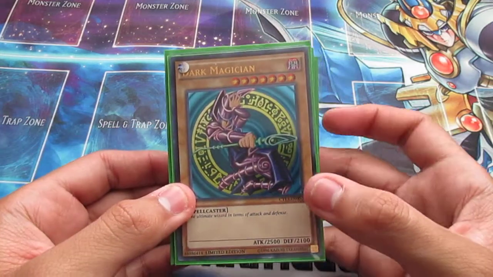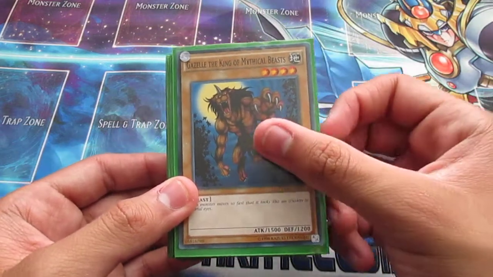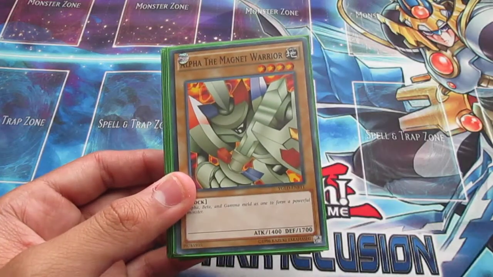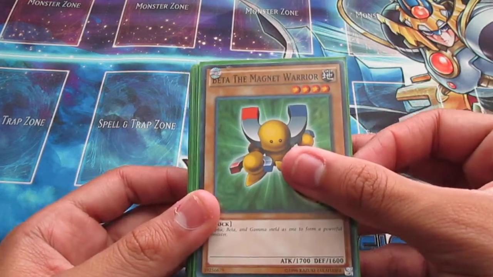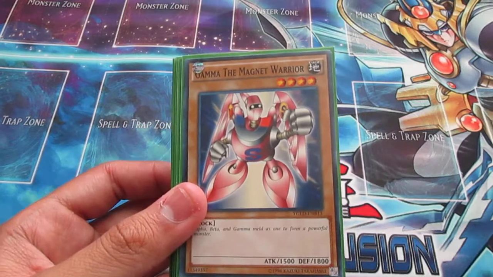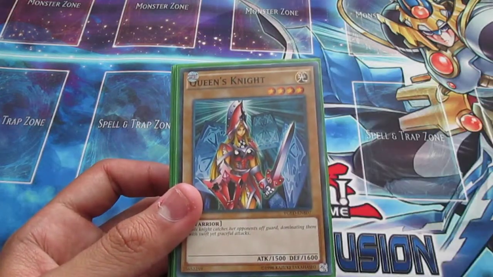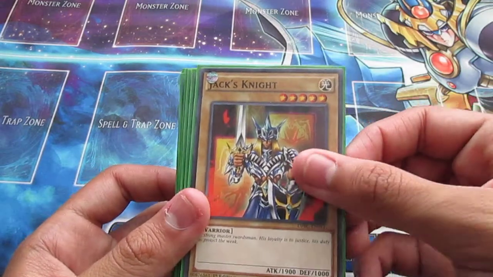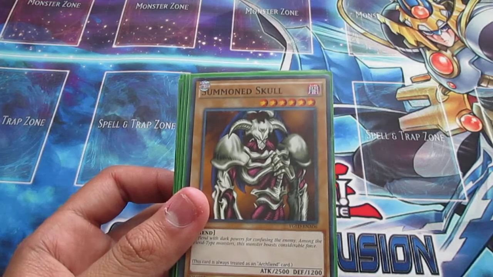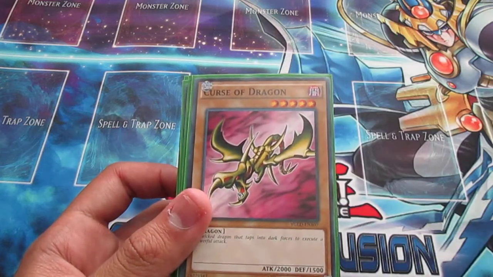So the first one's obviously gonna be Dark Magician, Gazelle, King of Mythical Beasts, Alpha the Magnet Warrior, Beta, obviously, and Gamma. So there's the first trio, and let's not forget about the knights, such as Queen's Knight, Jack's Knight, and Summoned Skull. King's Knight, he's coming. But yeah, Curse of Dragon,